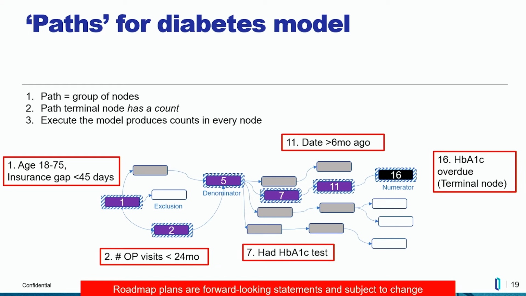So if you think about it, the diabetes model, if we went back and looked at the earlier slides, you'd see that there's really about 8 different important paths, because we've got these gap measures and these control measures. We put them all together in a single model. That model has 24 nodes in it, has about 21 paths in it, and we run that all at once. So after you run this model, you have the answer to all of the questions relating to HEDIS diabetes care. So if we go to the next slide,